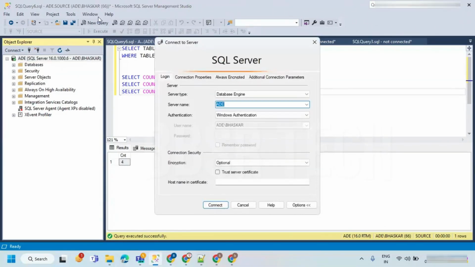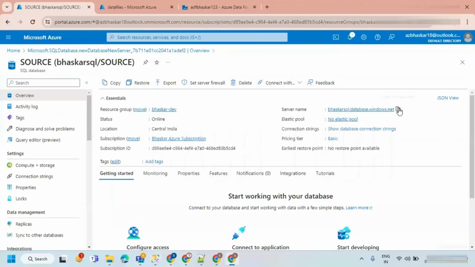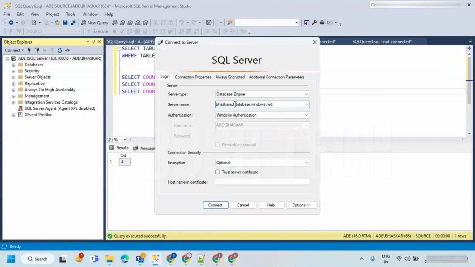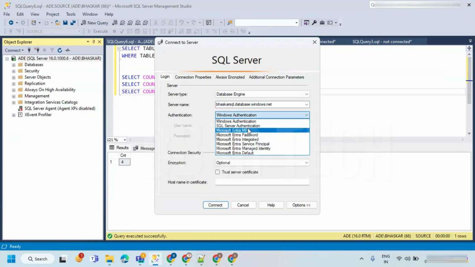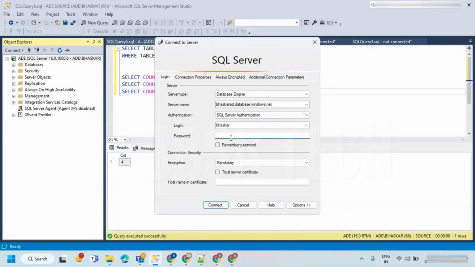So that means by using SQL Server Management Studio, you can connect multiple servers. My server name here is this one. Let's take a copy of this. In real time, they are going to provide the server name to you, and you can enter the server name and the authentication type. I'm taking SQL Server Authentication here, and some people may go with Entra MFA also. So it all depends. Whatever authentication they're providing, you can take that. Let's take SQL authentication and provide the password.